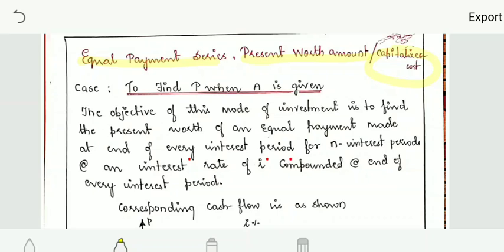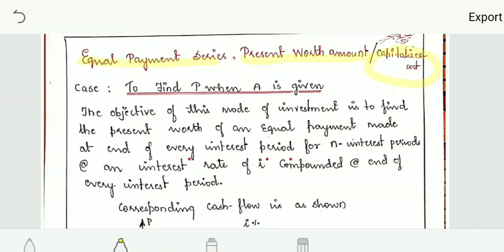So this factor, when multiplied with the known value of equal year-end payment, will give you the present cost of the investment. That is why this is known as the equal payment series present worth factor. It means you are calculating the present worth value, and you already know the rate of interest I, you know how much is the amount that you are getting or that you have to pay, and at a particular interest retained for the particular period of time.